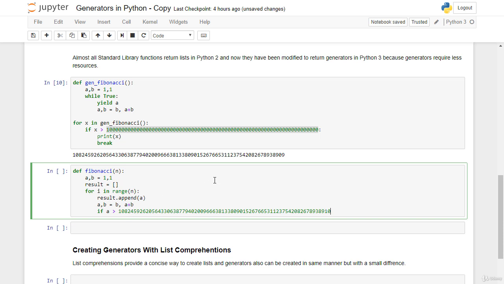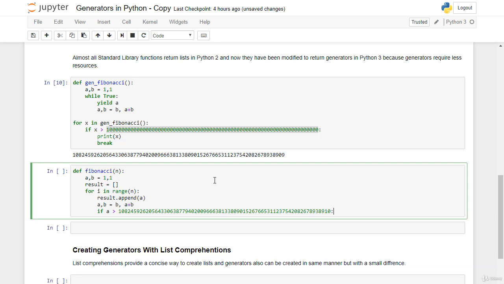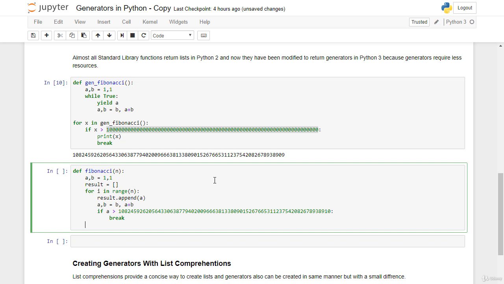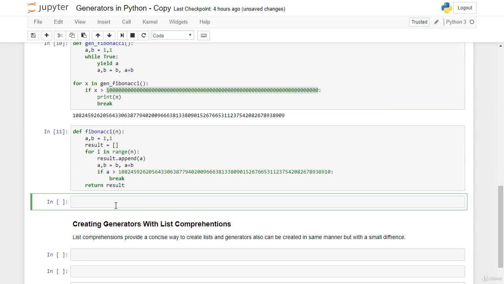Okay, here I need to use a colon, sorry, I will say break, and also I need to use the return keyword, return result. Okay, now if I press Shift and Enter, as you see I didn't get an error. Here I call my function Fibonacci,